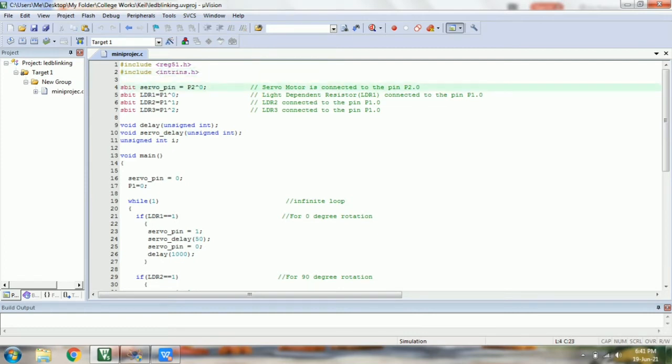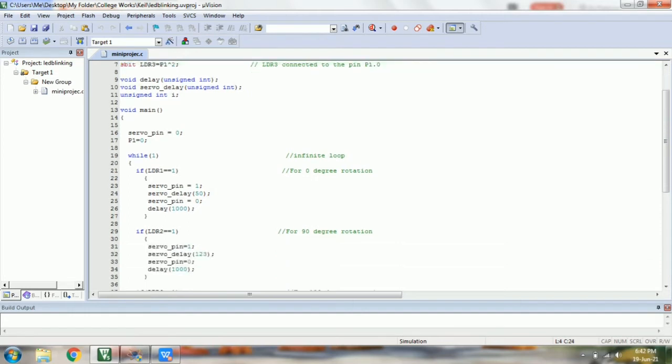We set the servo pin, that is, we connect our servo motor to pin P2.0, port 2 zeroth pin. LDR1 will be connected to port 1 zeroth pin, LDR2 to port 1 first pin, and LDR3 to port 1 second pin.